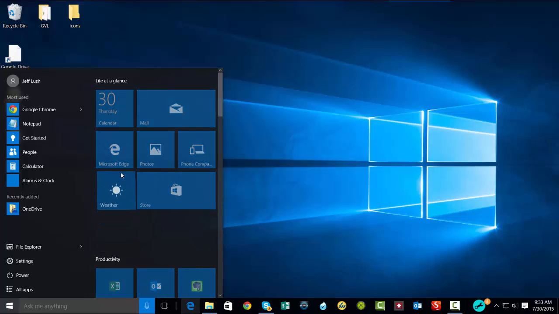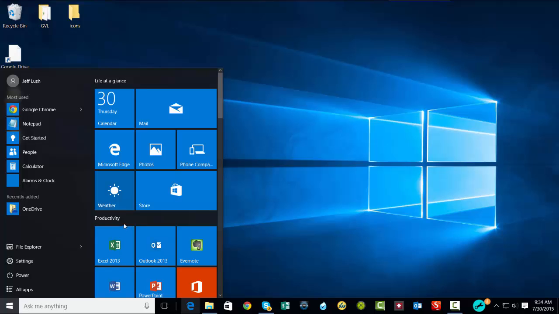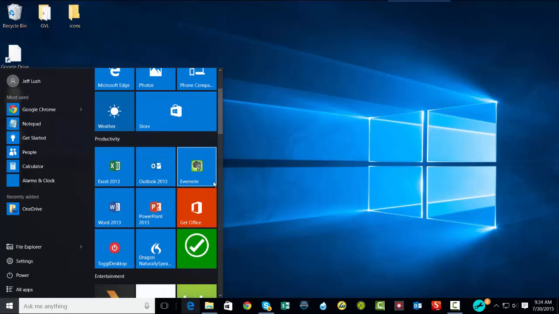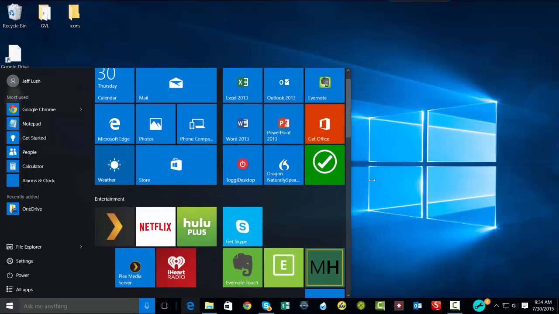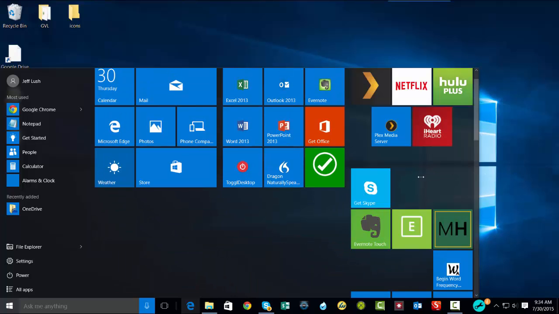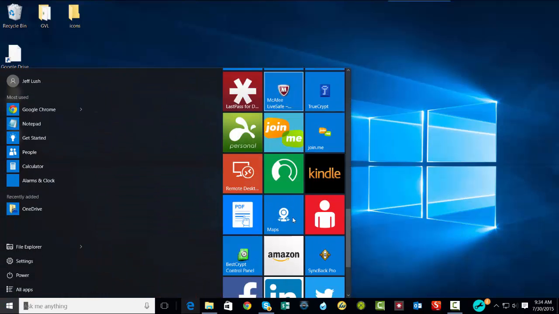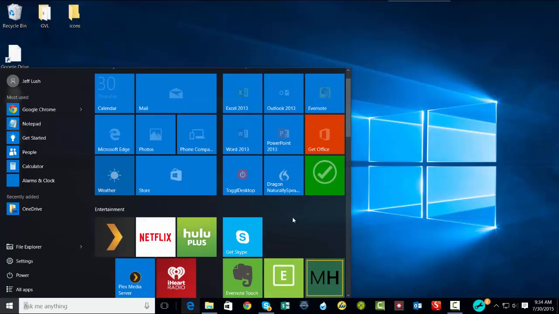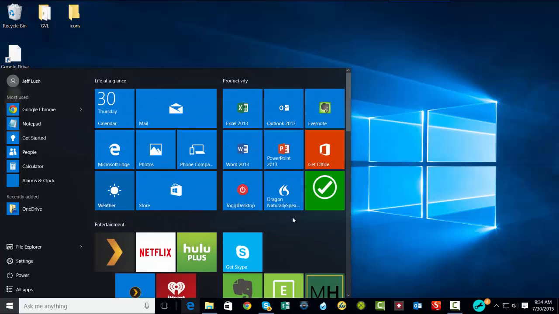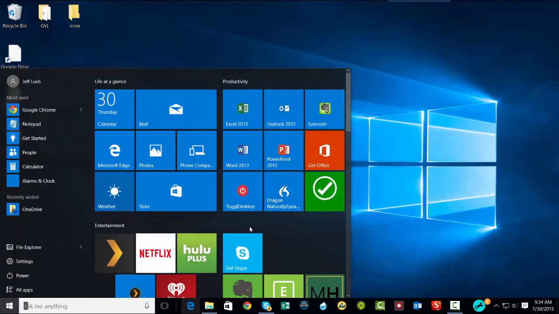So again, I'm just holding down on my left mouse button and pressing down and holding while I move that. Another thing you can do with the menu here is I can move this out so that it looks a lot like the full Windows 8 desktop, but it's a little bit different, right? So again, put that away, come back, and here it is right here. So it's really going to be your preference on how you want to organize your desktop, but there are two ways you can do it, either full Windows 8 style or Windows 10 with this kind of abbreviated Windows 8 menu